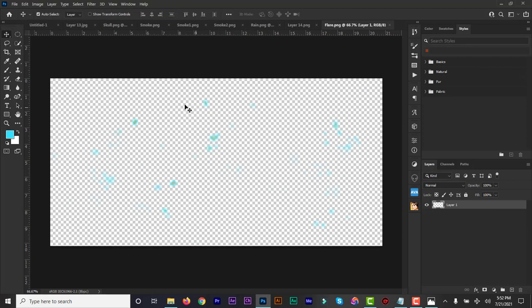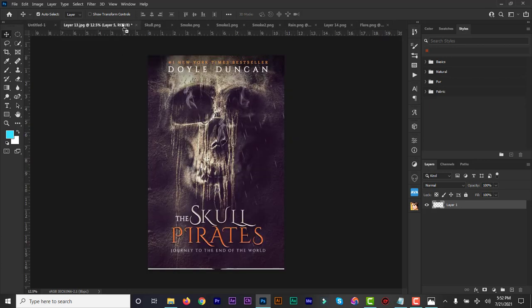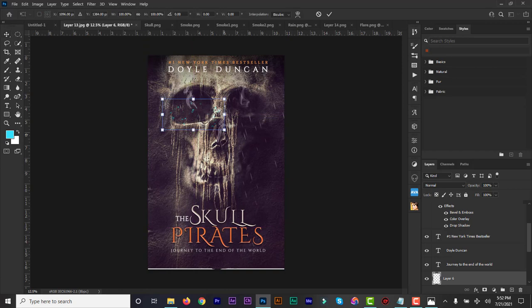So I'm trying to create some kind of droplets, colored drops. So I'm going to use this flare and I'm going to open it and I'm going to drag it, then Control T or Command T to increase the size,